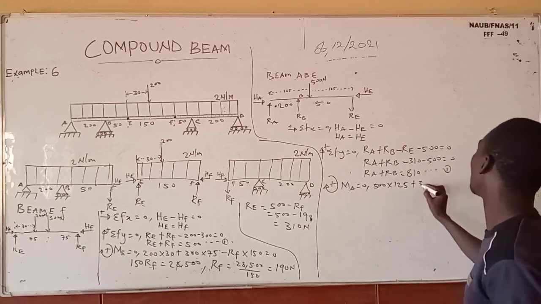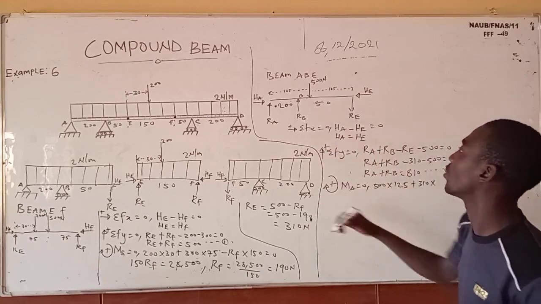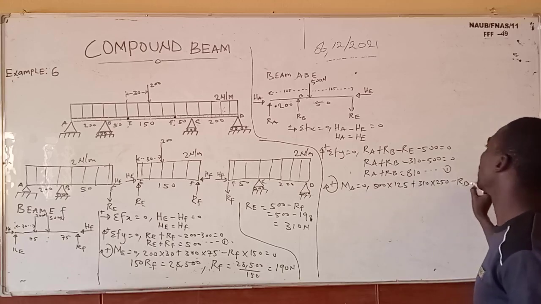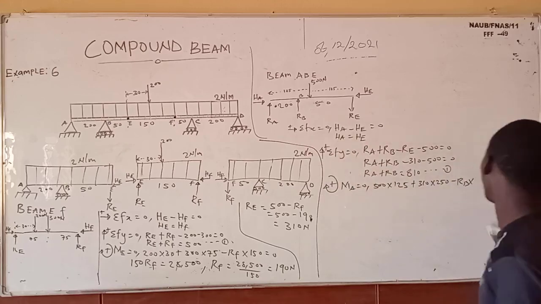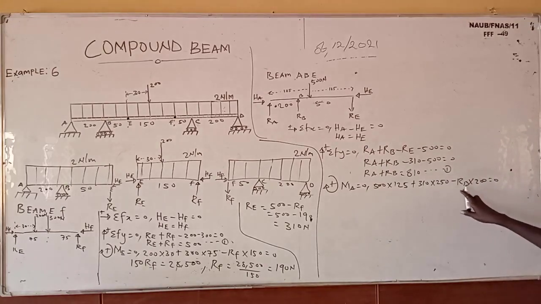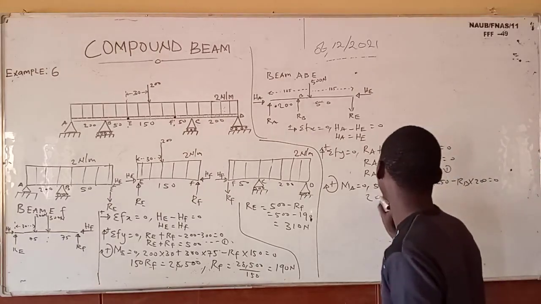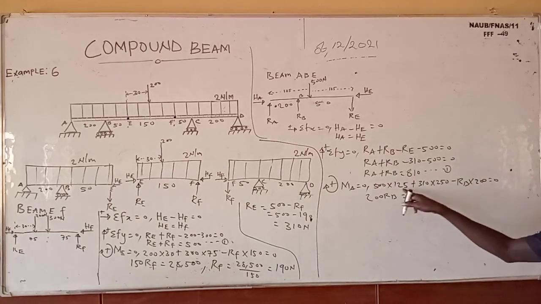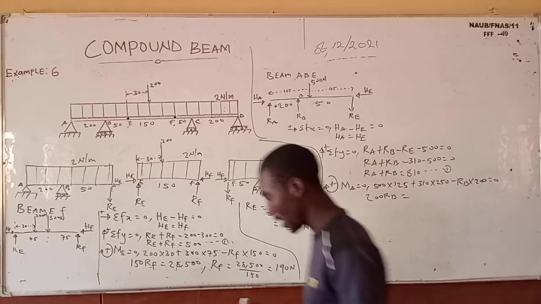So it's going to be 310 times the total distance, which is 250, minus arrow B times the distance covered, which is 200, equals 0. Arrow B times 200 is 200 arrow B. When you cross to the other side, it becomes positive 200 arrow B, which equals 500 times 125 plus 310 times